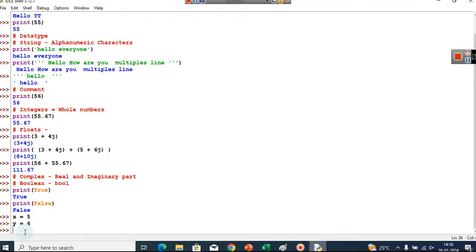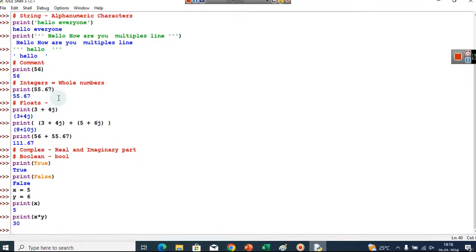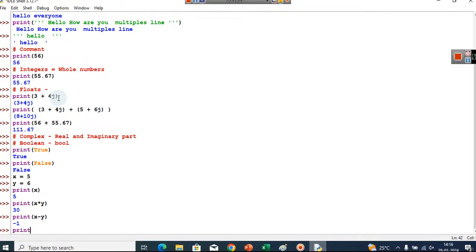So now in place of those values, as we were doing earlier, when we were simply printing the values directly, this time we will print the variables directly. We can even do some kind of operation like print x multiplied by y, print x minus y, print x divided by y.